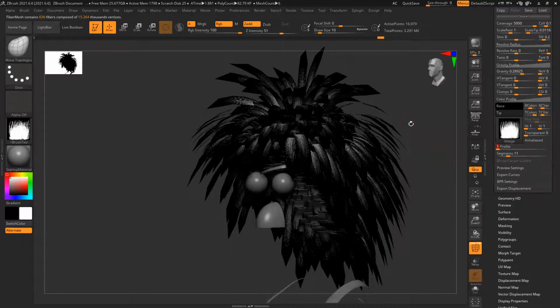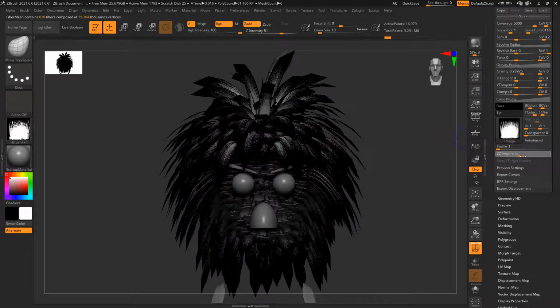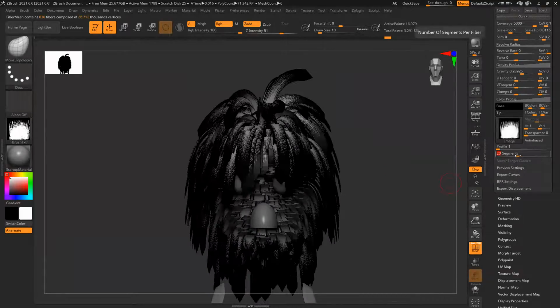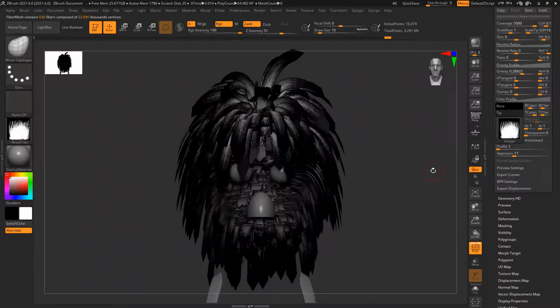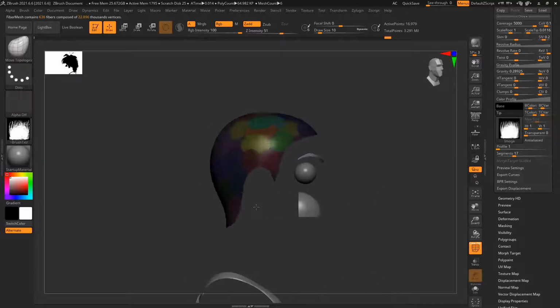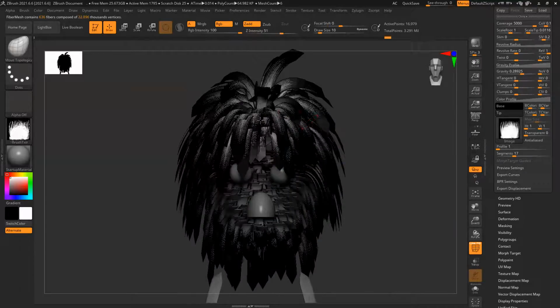Profile, I can keep one only, one is fine. Number of segments I can add to make it really smooth. So everything is clean. Once I'm happy with this, it's a very handy technique. You can create hair very easily and it will be a game ready model instantly.